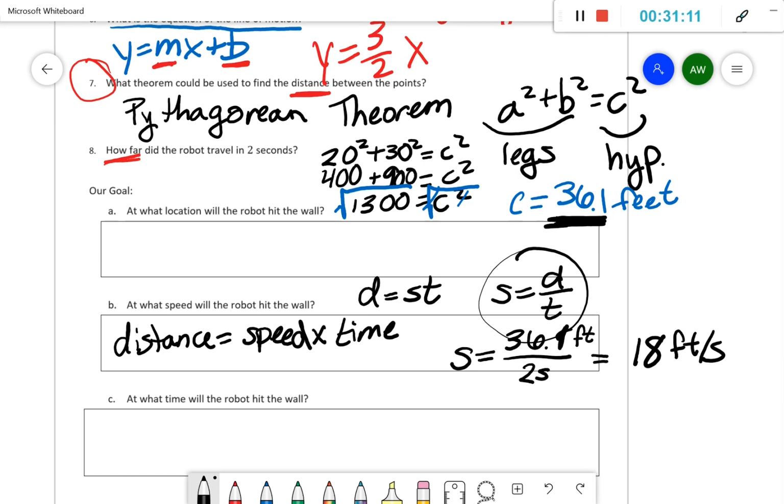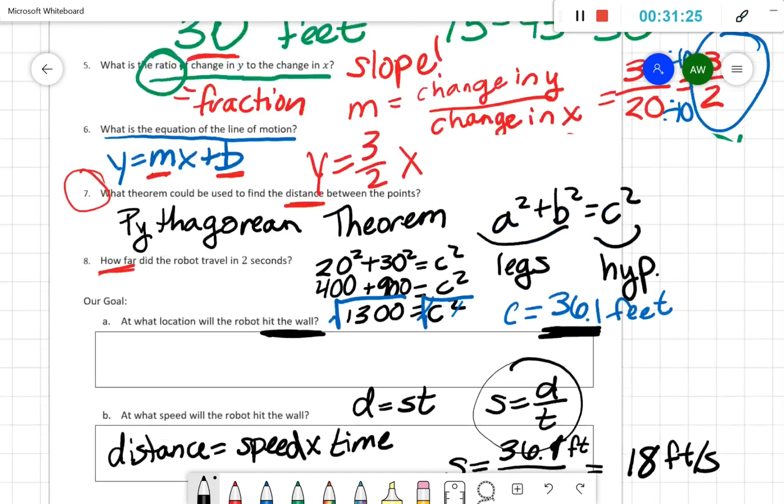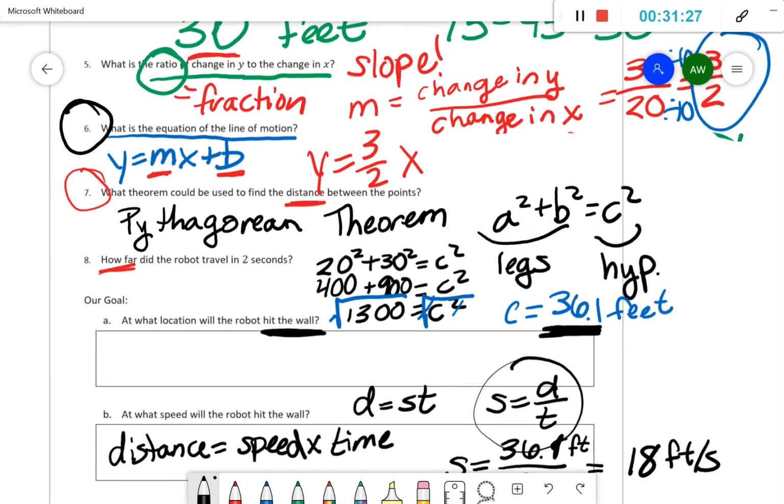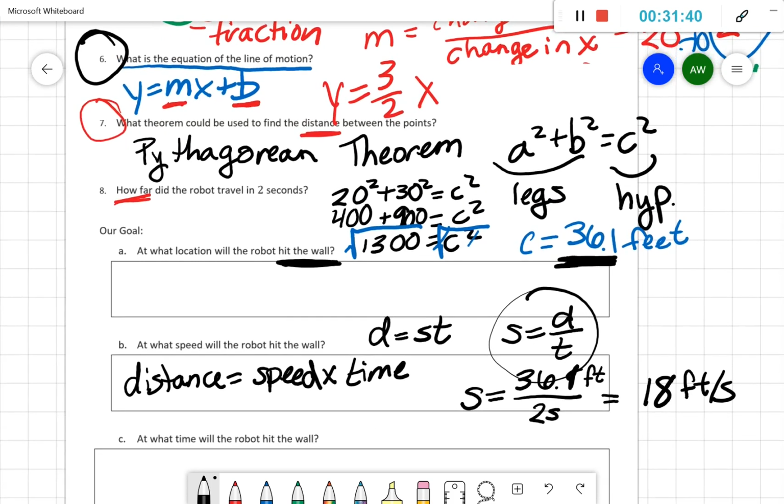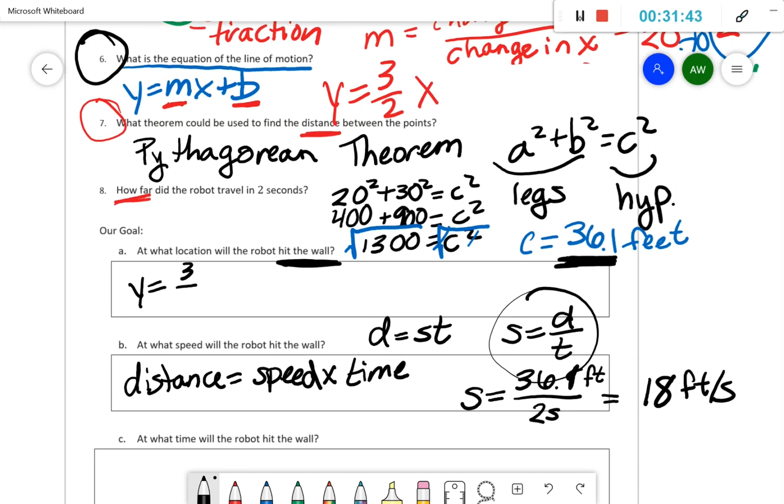Now, what location will the robot be at when we hit the wall? Going back to part A. This actually isn't that tough of a question if we think about the formula we came up with in number 6. What you should be noticing is that these 8 questions that we did initially, all of these pieces are helping us when it comes to solving our final goal questions. So number 6 gave us an equation for the line, right? It gave us y is equal to 3 over 2 x. This was the equation that we came up with for our line that included that line segment between point A